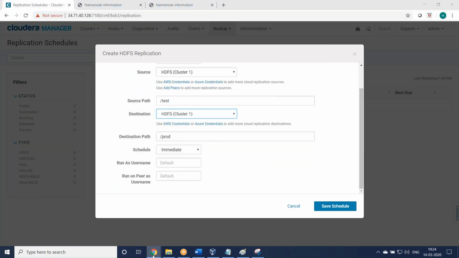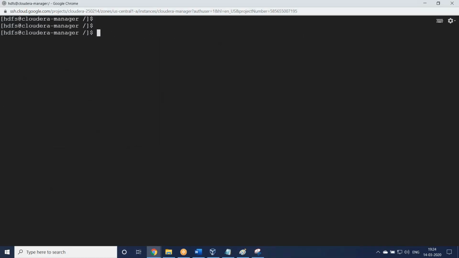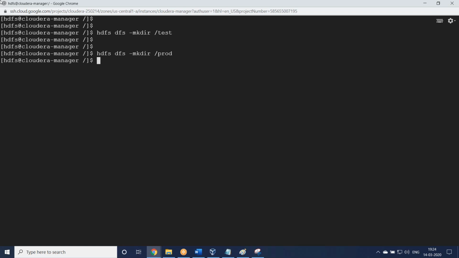Let us see, the backup will create a folder here. hdfs dfs -mkdir test. I'm creating a test folder, and similarly I'll create a production folder.